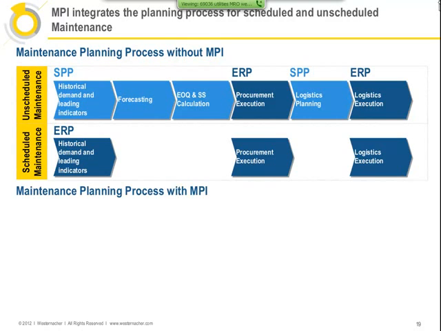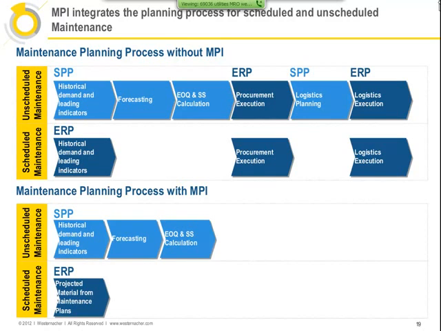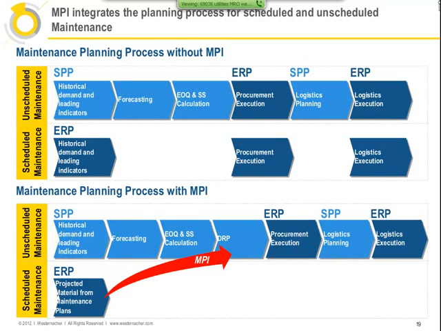But when we integrate using MPI, now we can integrate the projection of the material directly into the demand resource planning. Now we have the benefits of the forecast with the benefits of being able to get the visibility of the projected material directly into the tool that allows us to do the procurement in a timely manner rather than just carrying forecasts so we have enough stock in place.